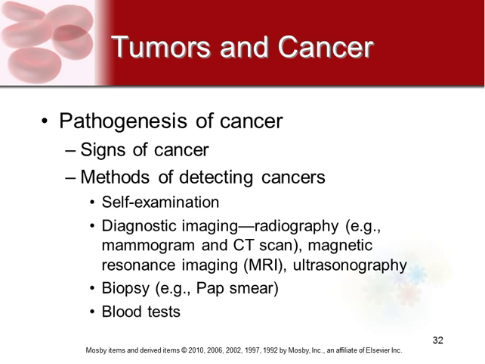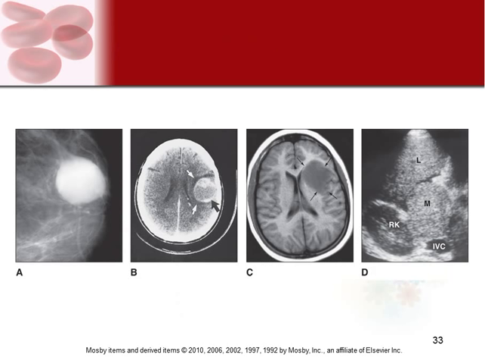And then we do a lot of diagnostic imaging, so that would be like CT scans and x-rays and MRIs and ultrasounds, that kind of stuff. We do biopsies, even your pap smear, we're taking a sample of tissue and looking at it under a microscope to see what those cells look like, and blood tests. Most of the time cancer alters your white blood cell production, so we can take blood tests and look at how your white blood cells are developing, and that can give us a lot of information as well.